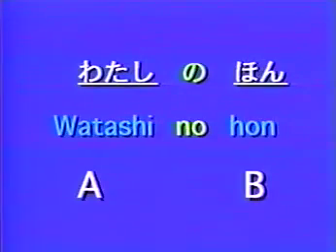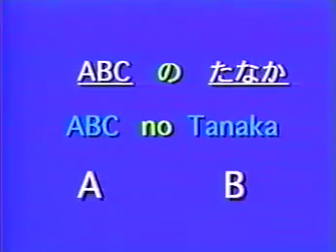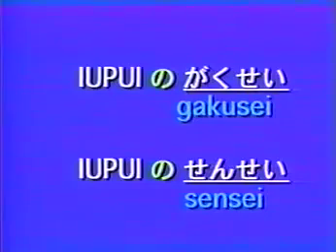And again, this review. 私の本. So, noun B belongs to noun A. あなたの傘. 傘 is noun B and belongs to you, noun A. Again, ABC の田中。田中 is noun B and belongs to A. IUPUI の学生。学生 is noun B, belongs to A, IUPUI. Now,